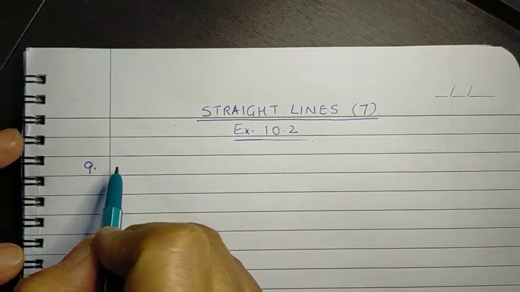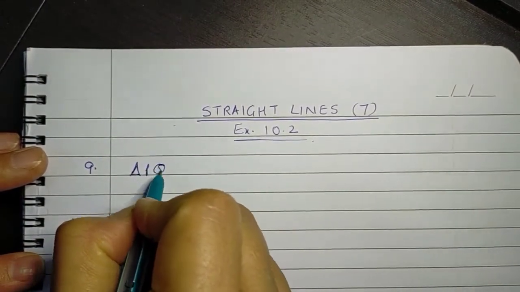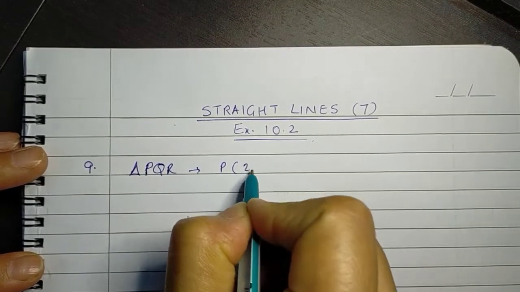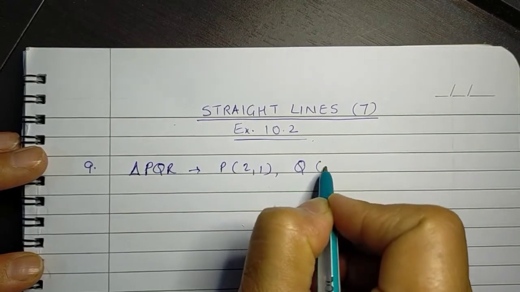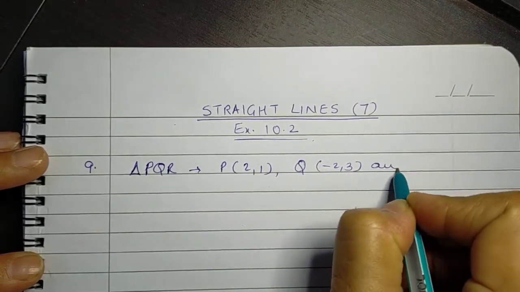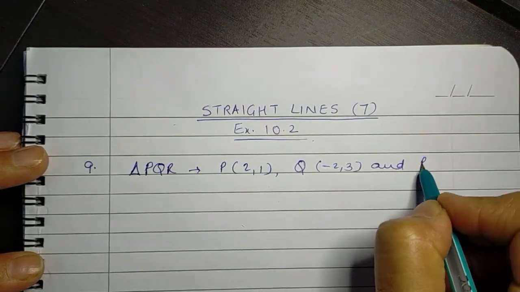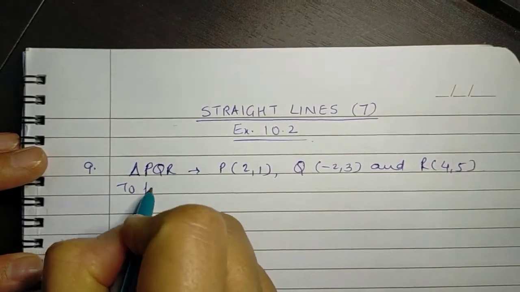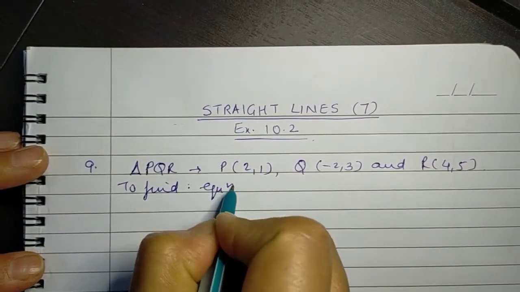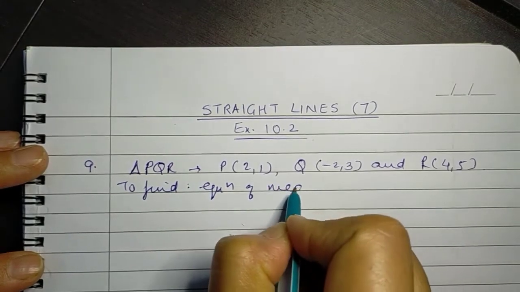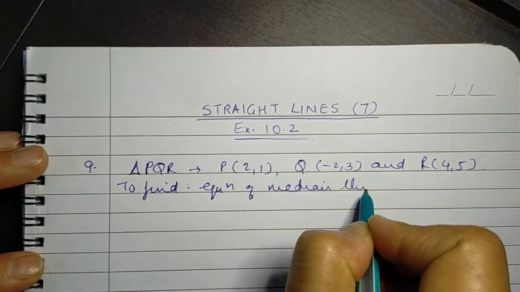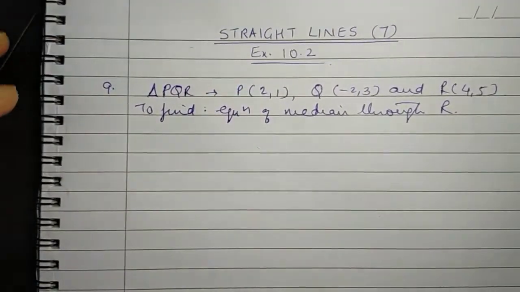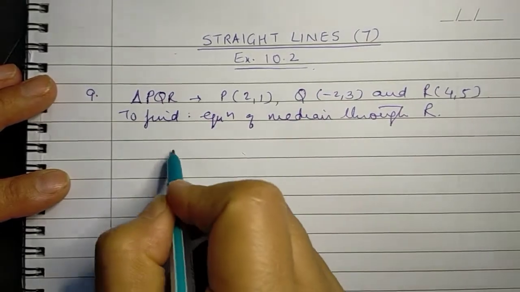It says the vertices of a triangle PQR are given to be P is 2 comma 1, Q is minus 2 comma 3 and R is 4 comma 5. We have to find the equation of median through the vertex R. Okay, so for each of the questions, whether or not they have asked, we'll always draw a